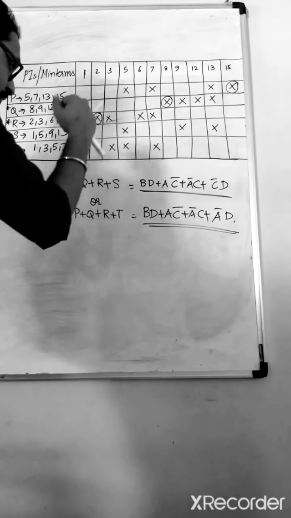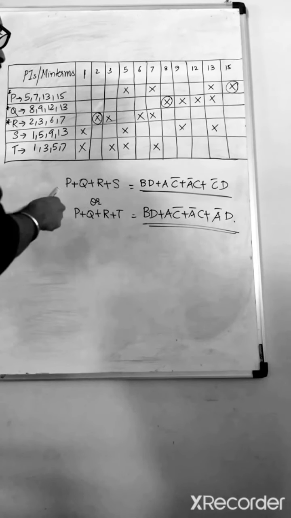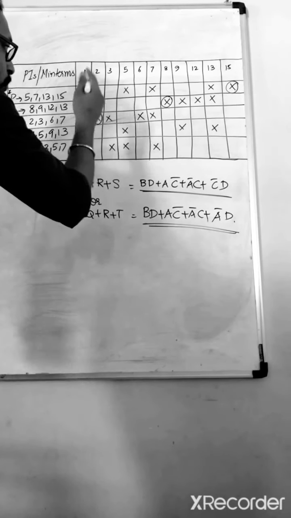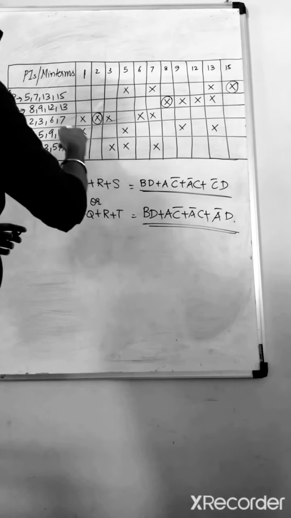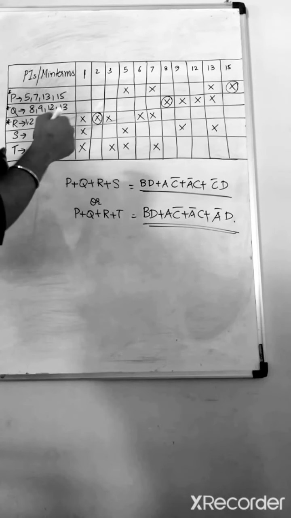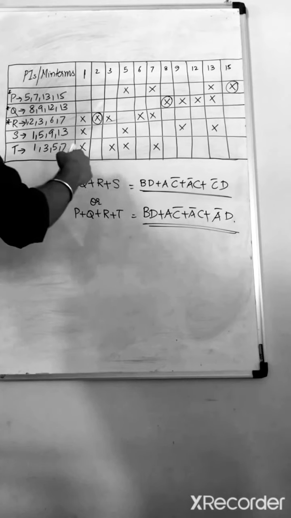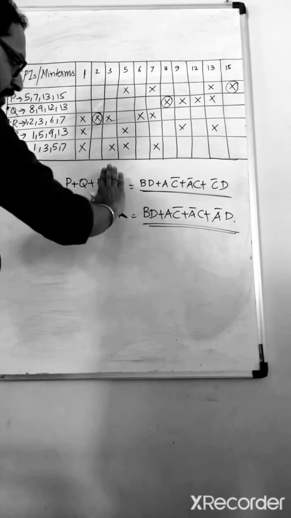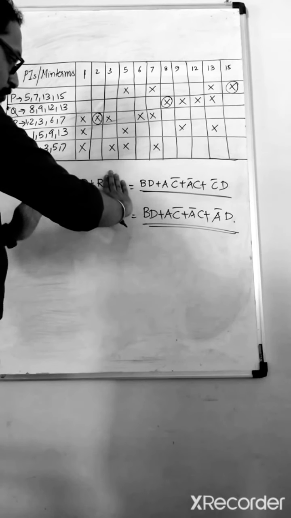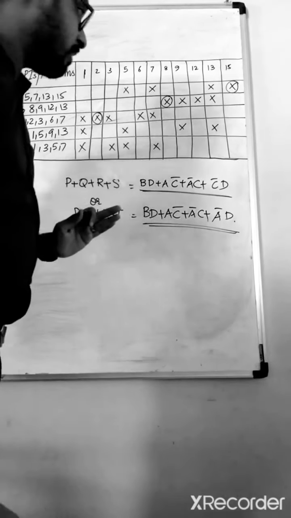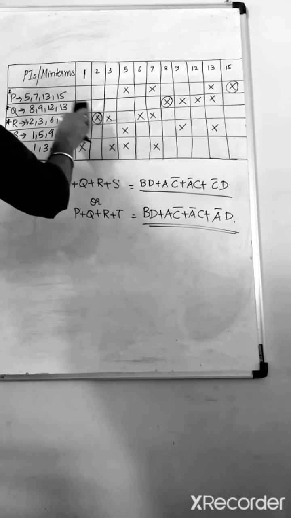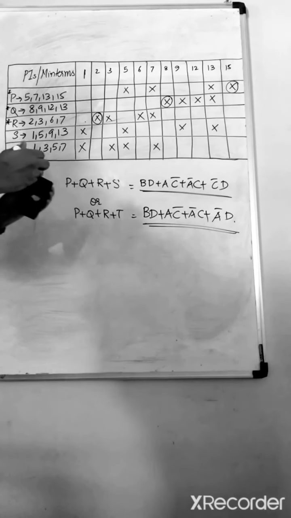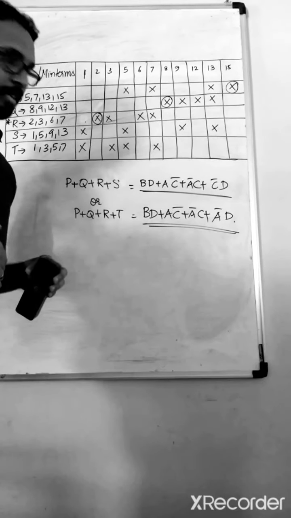But for example, if 1 was covered here also, then as 1 is also covered, we can wind up the answer by writing till here, P plus Q plus R. But here there was no 1. So what we did is, we need to find the values that cover 1. This is the final answer.